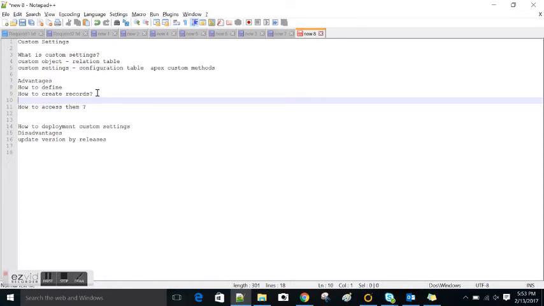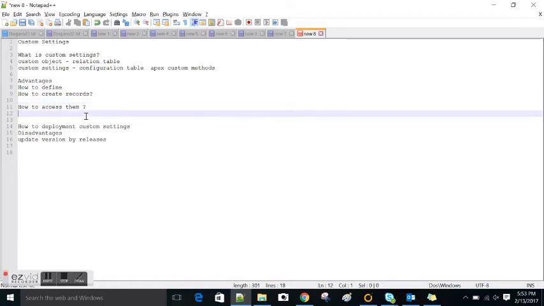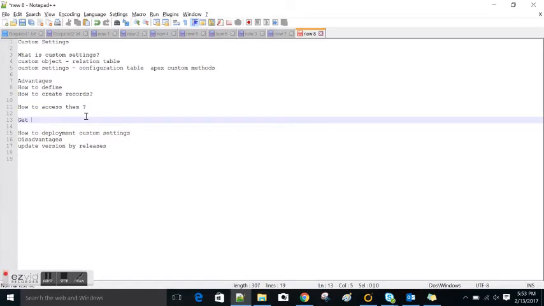So these two custom settings exist in the system, and based on the application needs, the custom setting will be selected. Next we'll go with how to access them. There are mainly three methods: